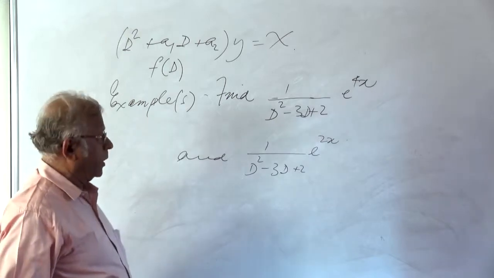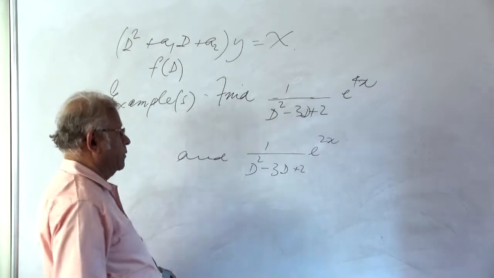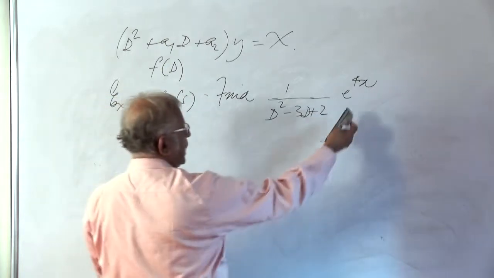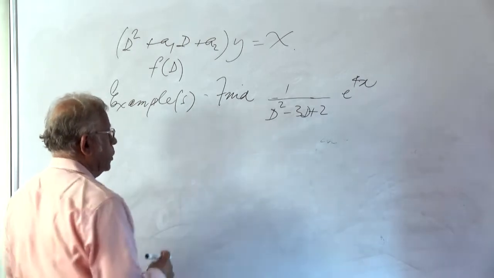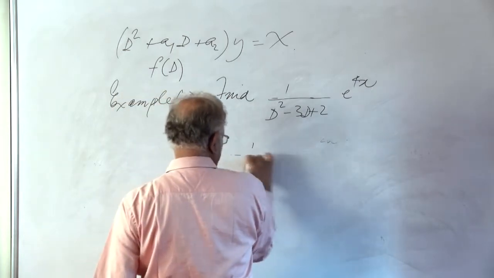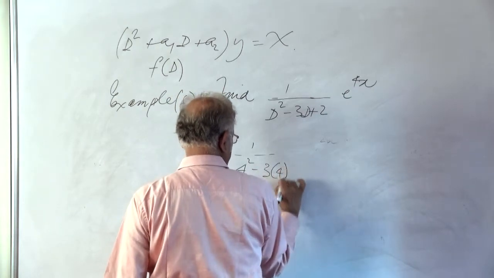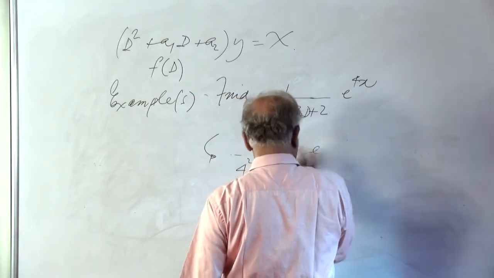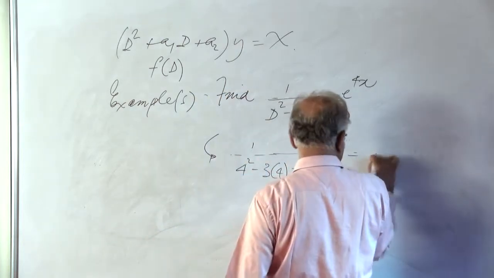We've taken the function e to the power of 4x and e to the power of 2x purposely to reveal one property. First of all, let us start with this one. Capital X is indeed of the form e to the power of ax, with a having a value of 4. So this leads immediately to 1 over 4 squared minus 3 into 4 plus 2, now it's not an operator, it is an expression, so this is nothing but e to the power of 4x